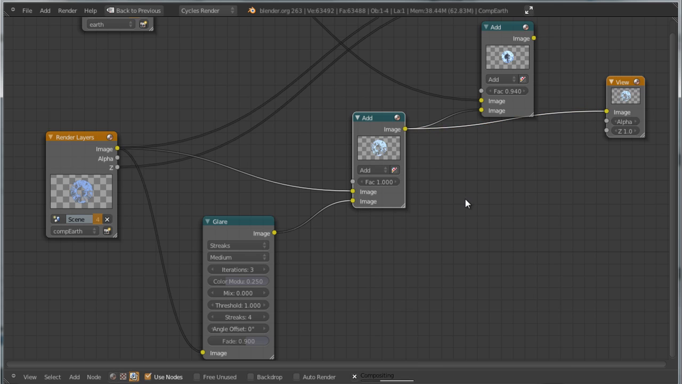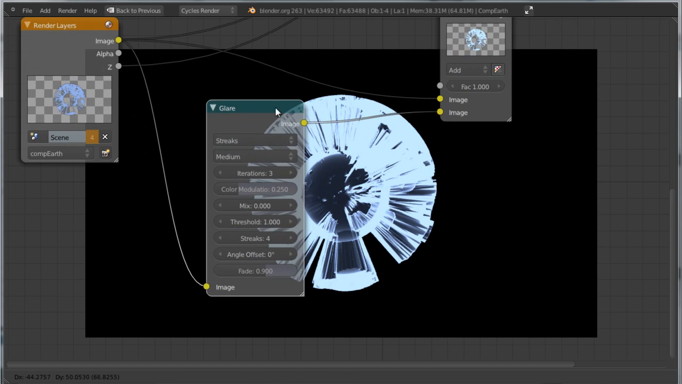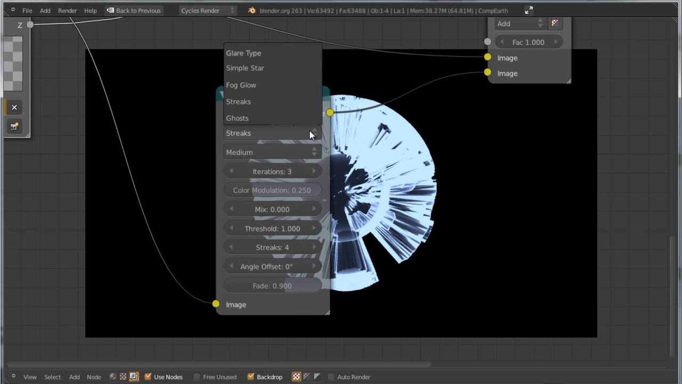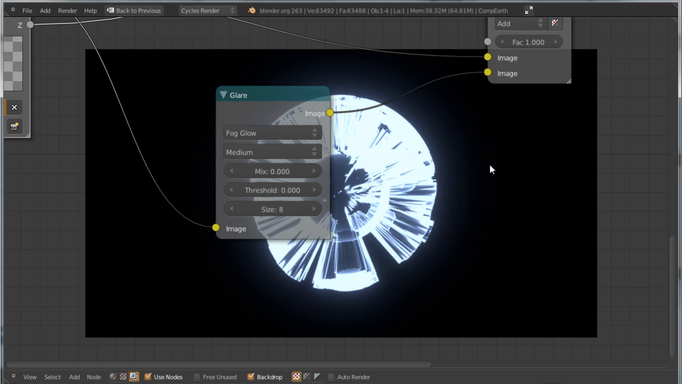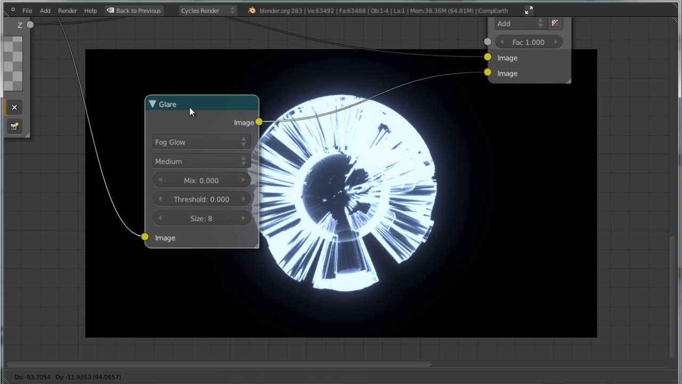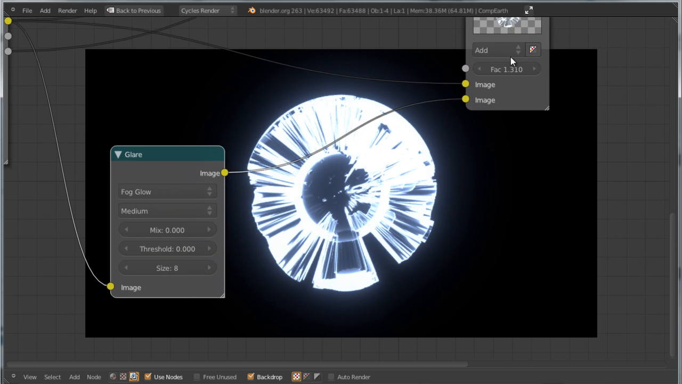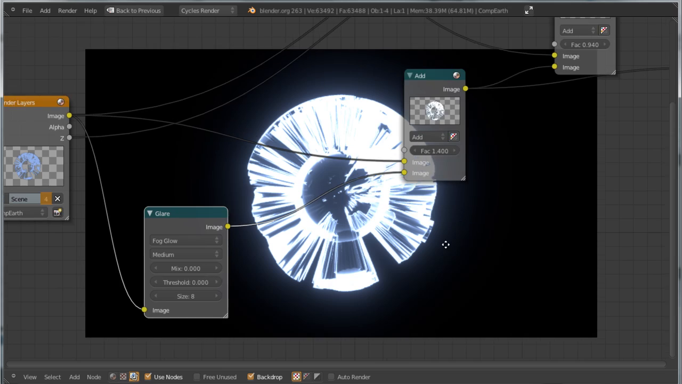Connect this into the viewer, and let's enable the backdrop option so we can have a better idea of what is going on here. All right, so now I can play a little bit with the threshold, and first of all select the type of glare and change it to fog glow, perhaps, I am not sure, and play a little bit with the threshold. All right, something like that, so we have this glow around our object. Okay, you can always play with the amount